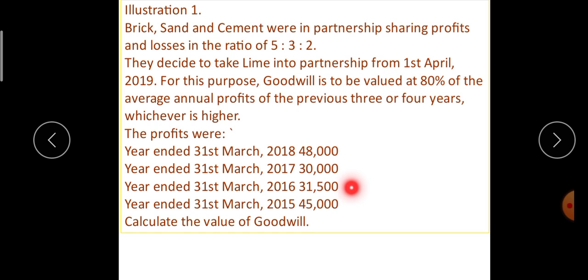Now they have given 4 years of profit. While calculating the 3 year average profit, we will consider 2018, 2017 and 2016's profit. We will not include 2015's profit. The first year will not be considered. The last 3 years' profit will be considered to calculate the 3 year average profit. In case of 4 year profit, we will take all the 4 years. Okay,